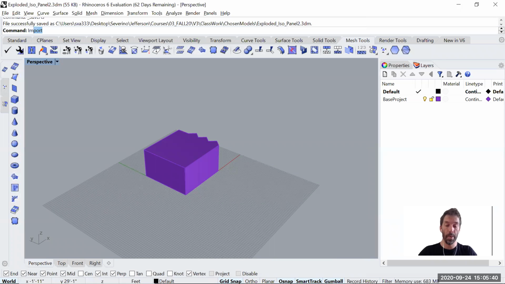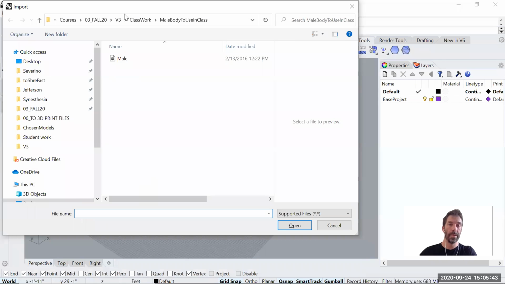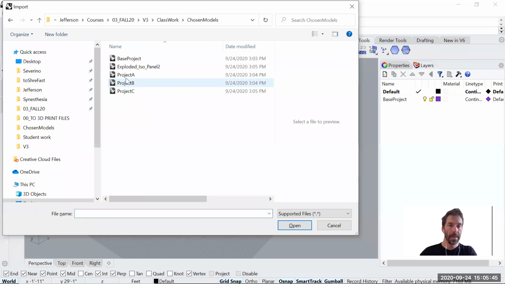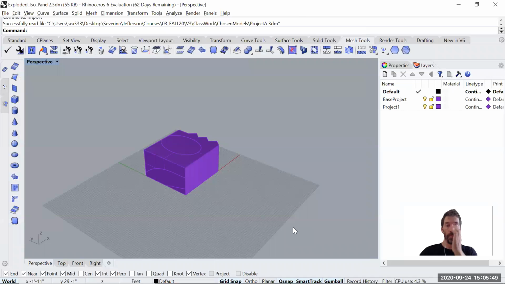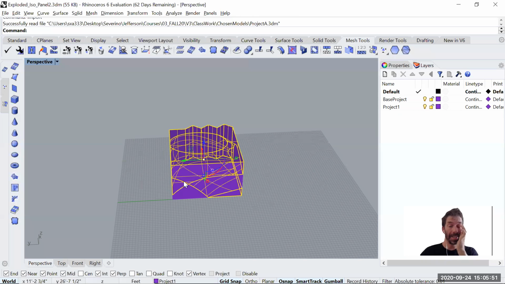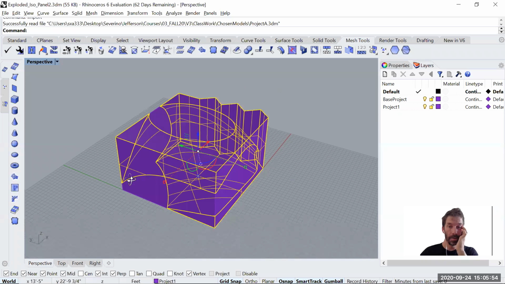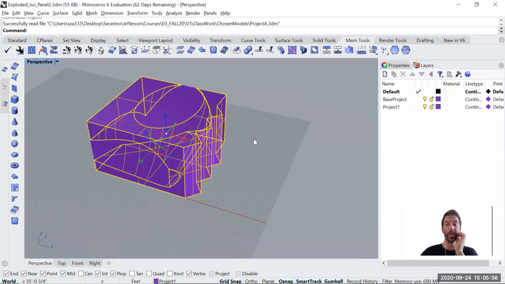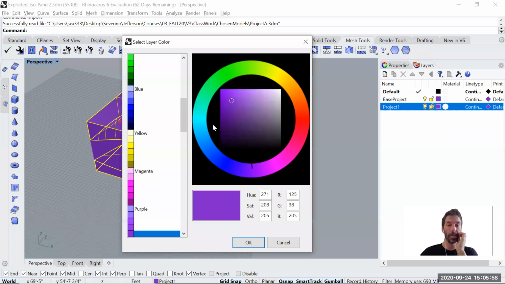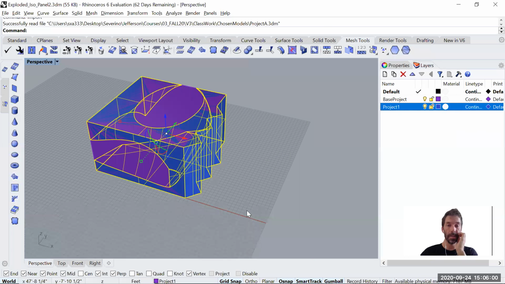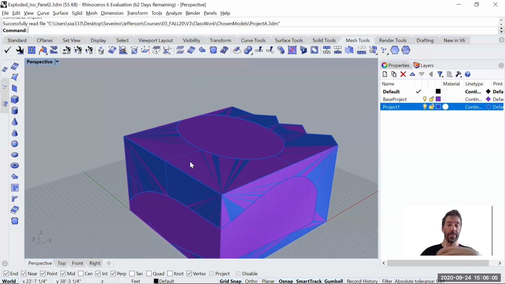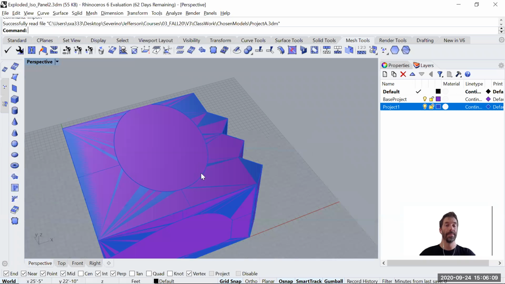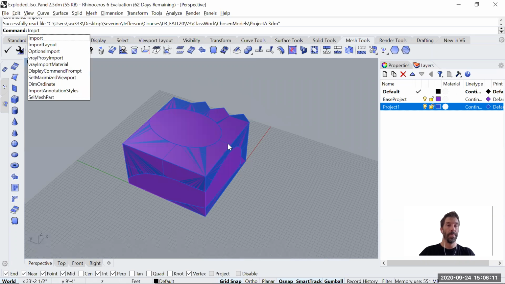First thing, we need to import. We import the project that we're working on, A. If we did a good job, it should come exactly corresponding with the base project. Now I'm gonna change the color to make sure we see that. So imagine this is a blue one, okay? They're corresponding. Again, because we did Boolean differences and so on, they should be precisely meeting one another. Import